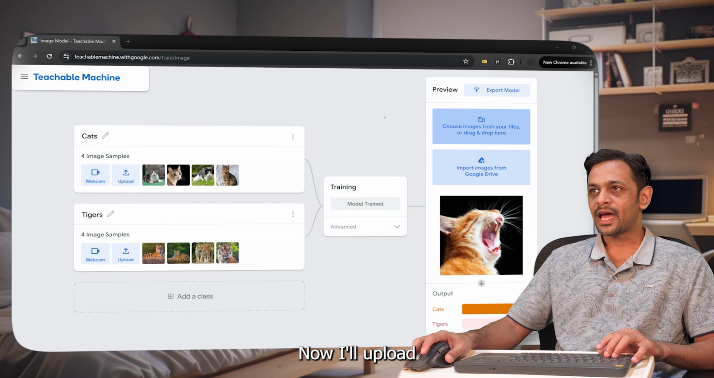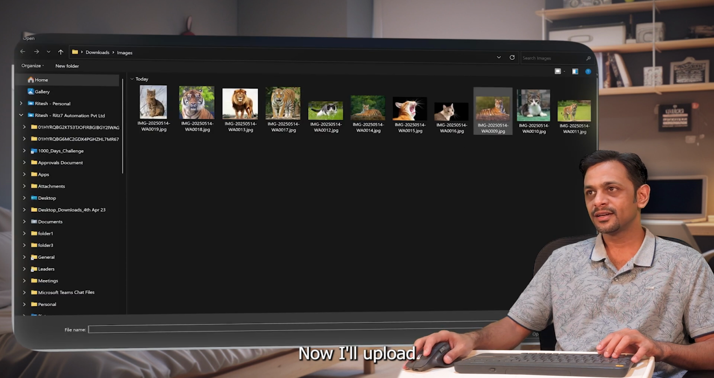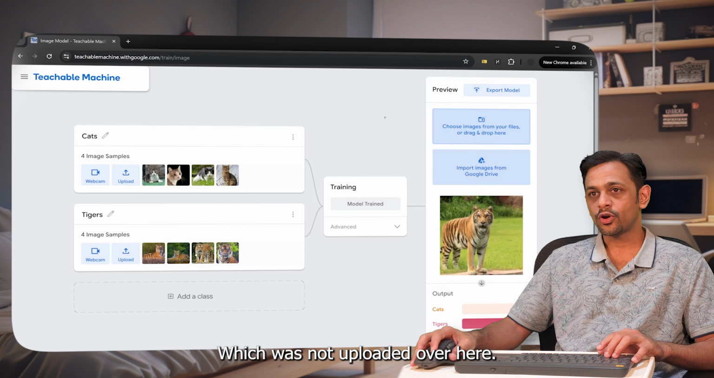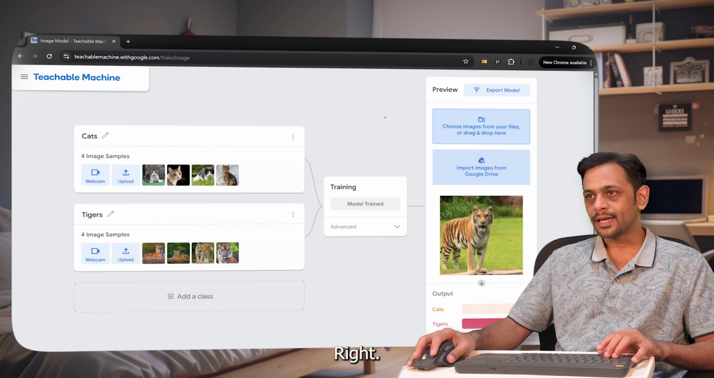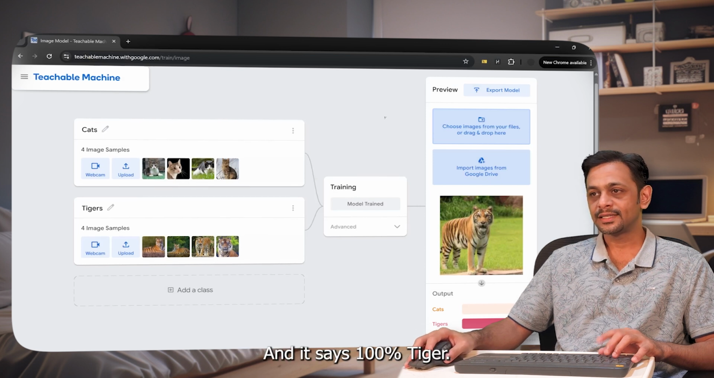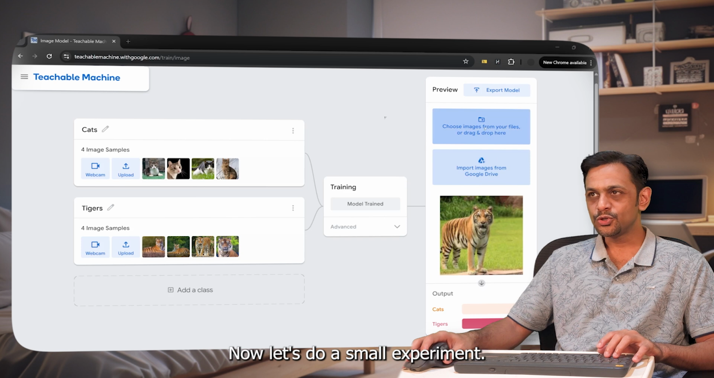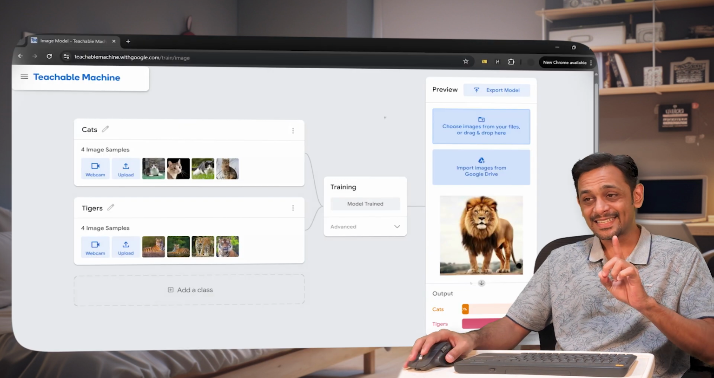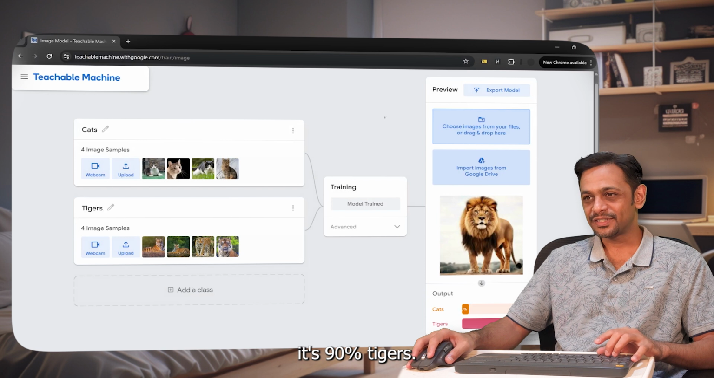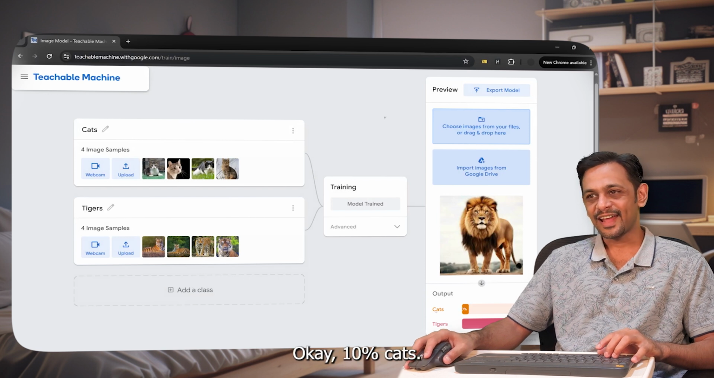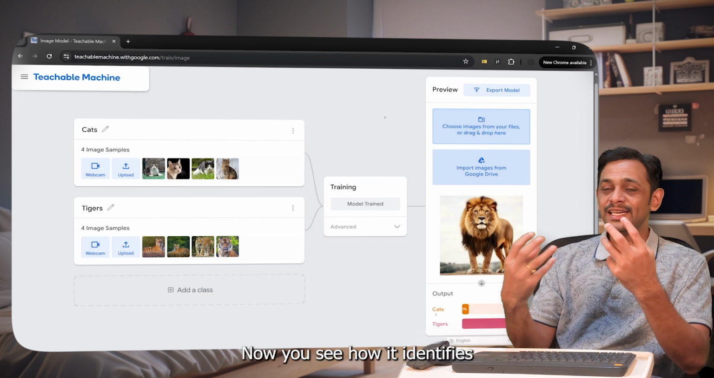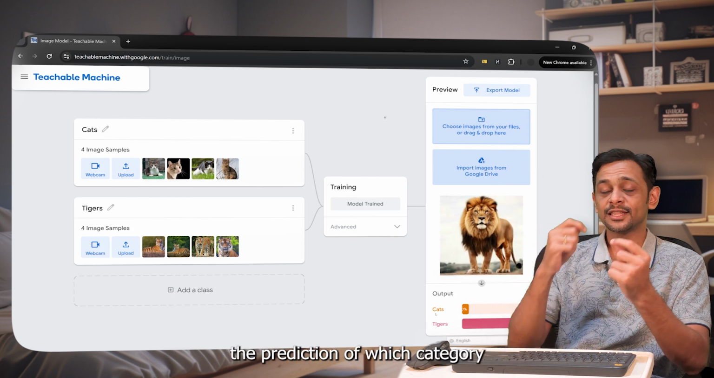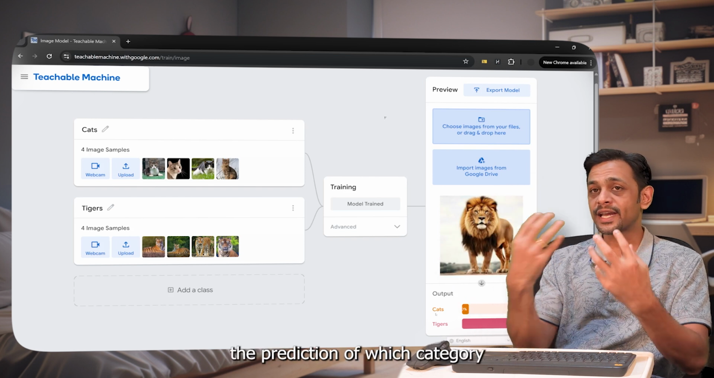Now I'll upload the tiger image which was not uploaded over here, and it says 100% tiger. Now let's do a small experiment. I'm going to upload a lion and it tells it's 90% tiger, 10% cat. Now you see how it identifies the image that we have uploaded and gives us the prediction of which category it